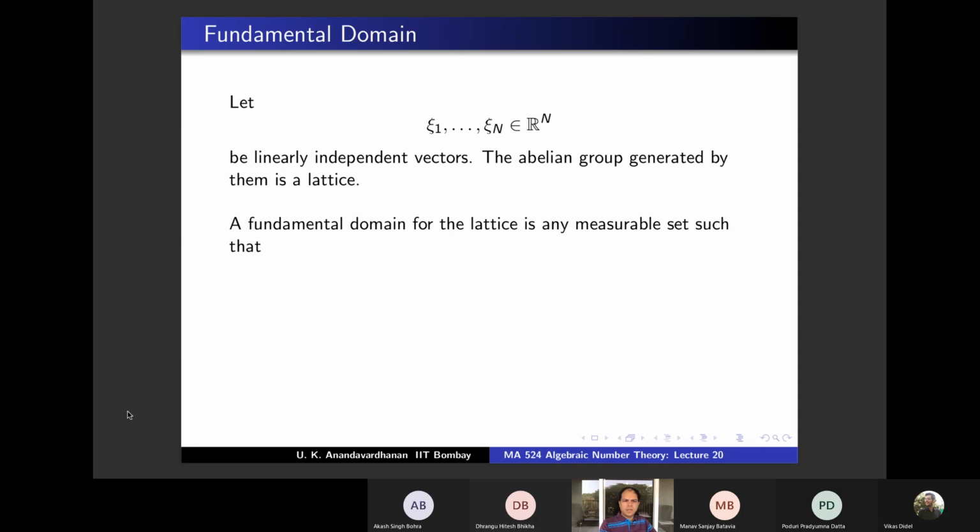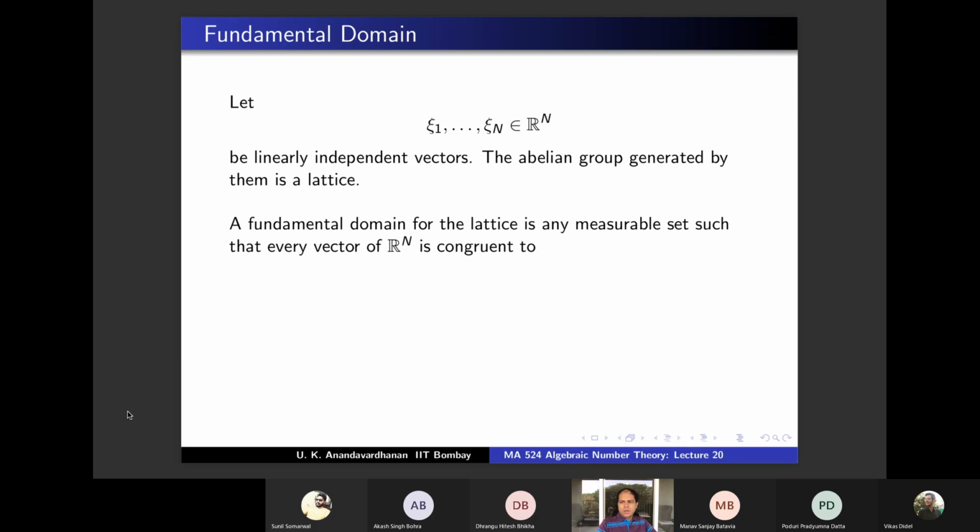and a fundamental domain for this lattice is any measurable set in Rn such that every vector of Rn is congruent to a point from it. So a fundamental domain is a set, let us say F, and if you take any point in Rn, modulo the lattice, it is congruent to a point from this set F. Okay, so every point in Rn is congruent to a point in this set, modulo your lattice, and exactly one point. Okay, so fundamental domain has two properties. Everything is congruent to something from here,